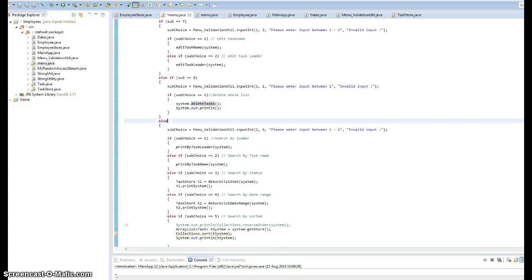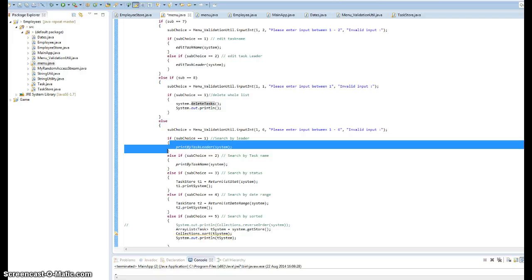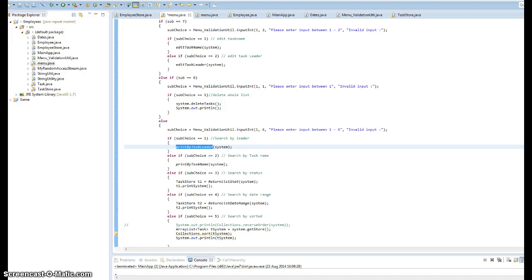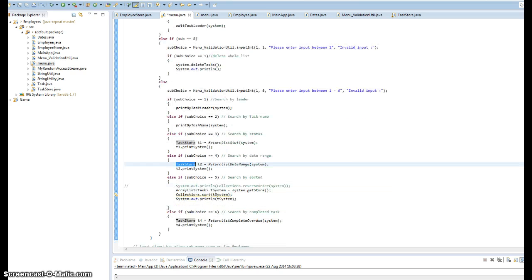Then we have a part 9, search. So we have task leader, so you search by the task leader. Then we have print by task name, so you search by task name. Then we search by task stat. Then we search by the date range, and